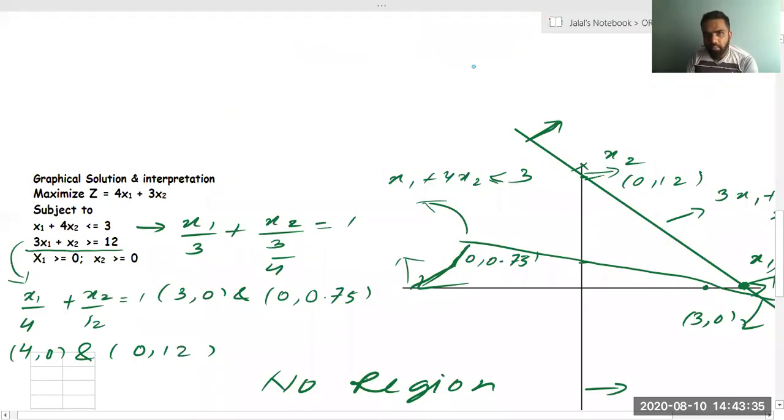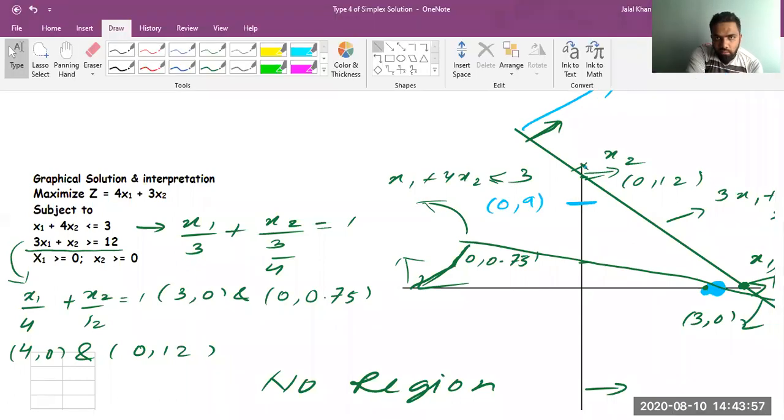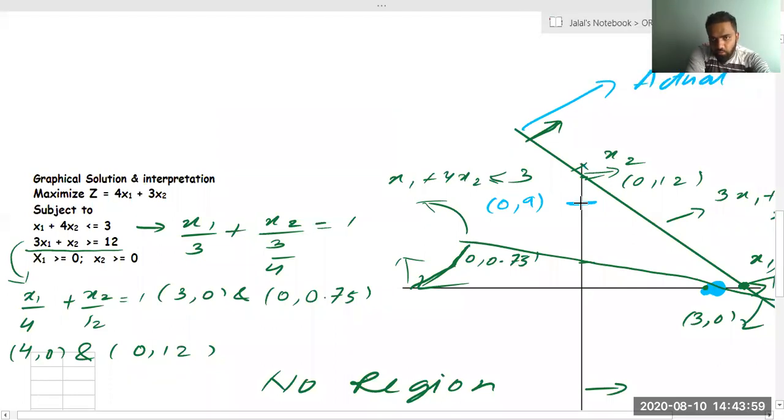Now, this was my actual line, right? Now I am shifting this line to which point? My coordinates are 3, 0. When I substituted A, I got 3, 0 as one coordinate, and my second coordinate will be 0, 9. Now just look at the thing that I'm going to do. This will be a magic for you, and you will understand something good about graphs and maths also.